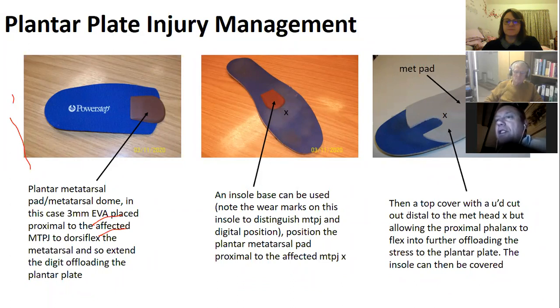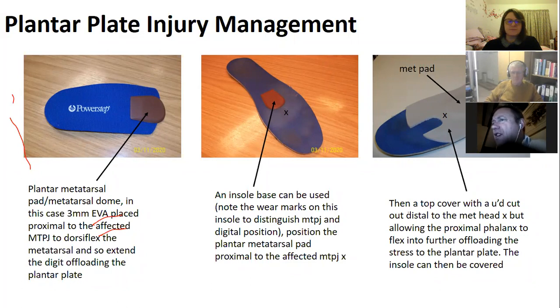Now, if you want an insole instead, I wore this insole for quite some time so you can see the demarcations of the met heads and the toes in the picture, I think a little bit. You can use an insole as well to put in the shoe, and you put the metatarsal dome or the plantar metatarsal pad again proximal to the metatarsal head as demarcated by the X there, okay? But now, that's only part of it. The next part that you can really help with is on the top of your insole or on your orthosis, is you can put a plantar cover, such as the one I've done, that covers the metatarsal pad, as you can, I think, roughly see in this